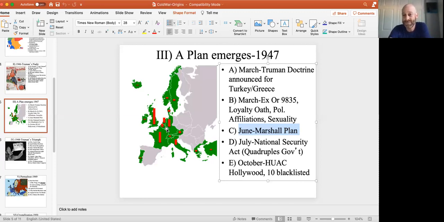Now, I want you to note the nearly comic rendering of this program. No victorious country in history that I'm aware of has ever paid its former enemies or allies. Usually when you win a war, you economically strangulate your enemies. You make them pay tribute to you, right? This is what the Mongols did. This is what the British and French did after World War I, made Germany pay reparations. The US is saying, we defeated you, now here's some money.